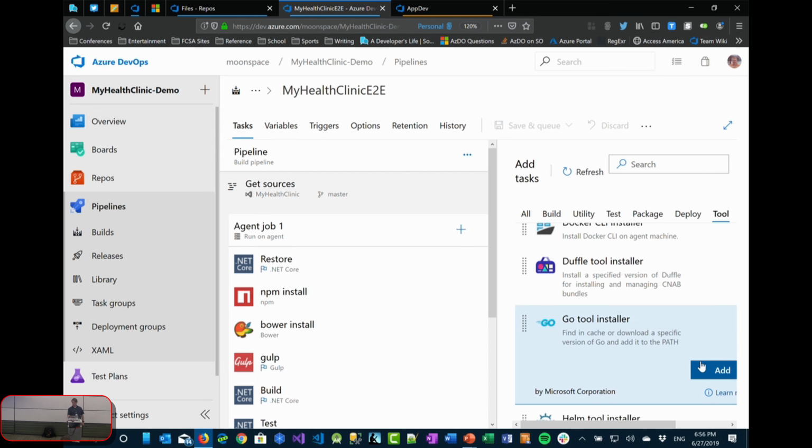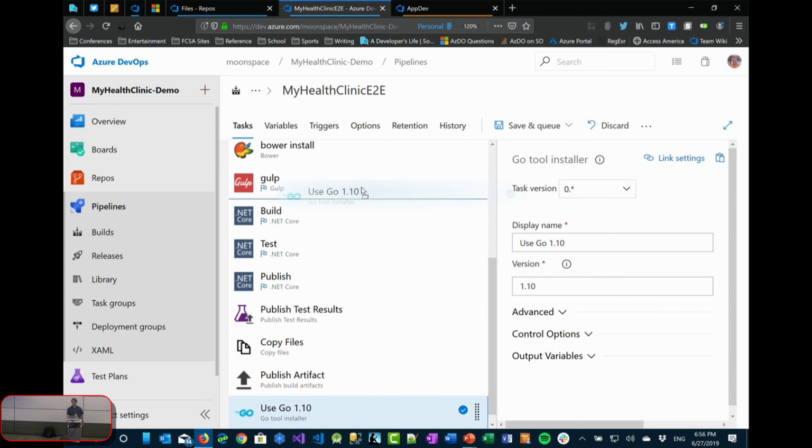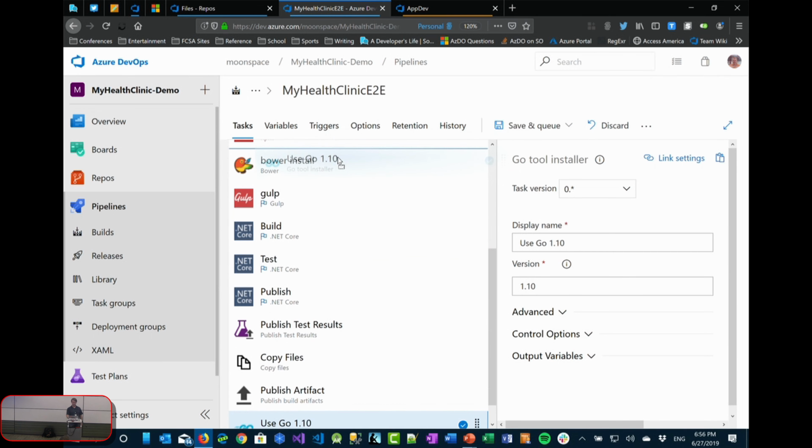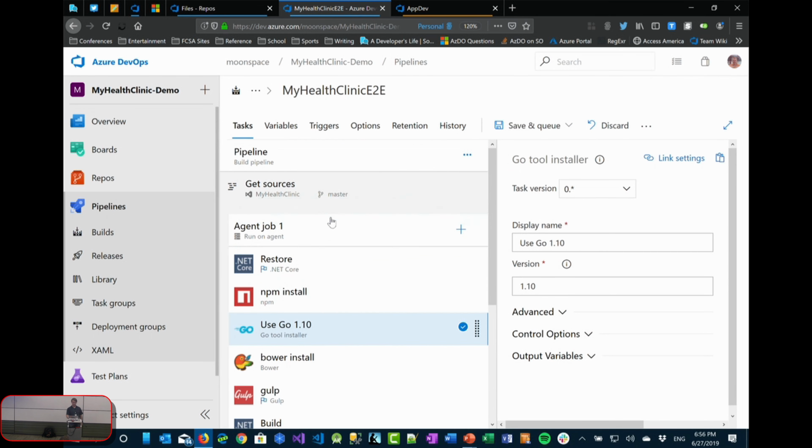Or you can come in here and say, you know what, let's add this tool installer to our build. I'm going to drag it up to the top because typically these things go to the top. Not a good dragger, but close enough. Then depending on the type of tool installer, you've got some parameters, like this one asks what version of Go do you want to use? 1.1, that's the version I want. And that's it. When you run your build, it's going to pull down that version of Go, install it on that server, and then execute the rest of your build process. I don't have to go install that.